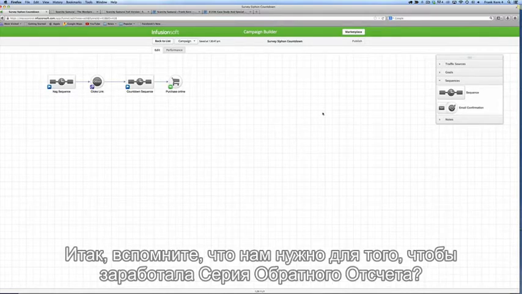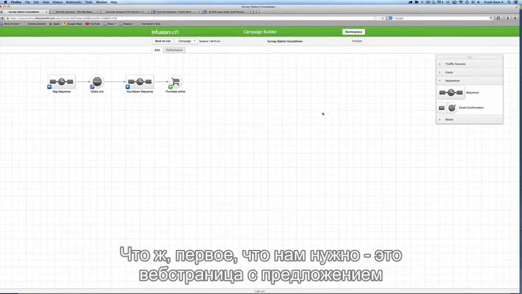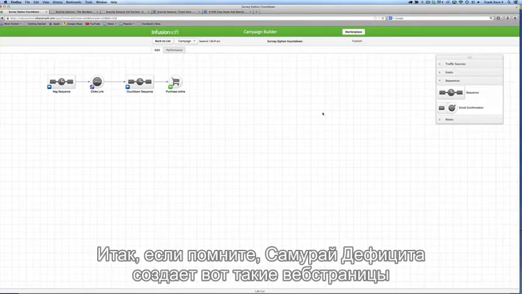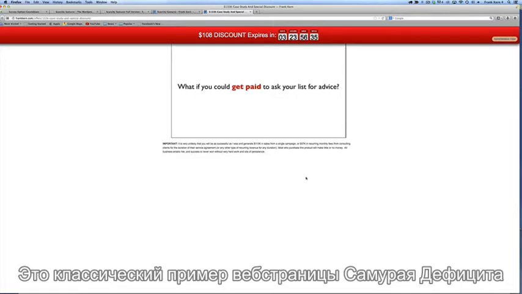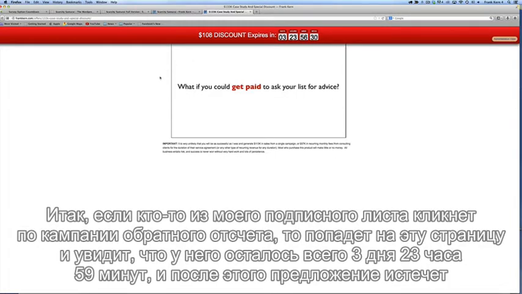Now remember, in order for a countdown sequence to function, what do we got to have? Well, the first thing we need is a web page that makes the offer. So, if you recall, Scarcity Samurai makes web pages look cool like this. This is a classic example of a Scarcity Samurai web page. If someone on my list clicks in my countdown campaign, they're going to go to this website and they're going to see that they've only got 3 days, 23 hours, 56 minutes, and counting left until this offer expires,